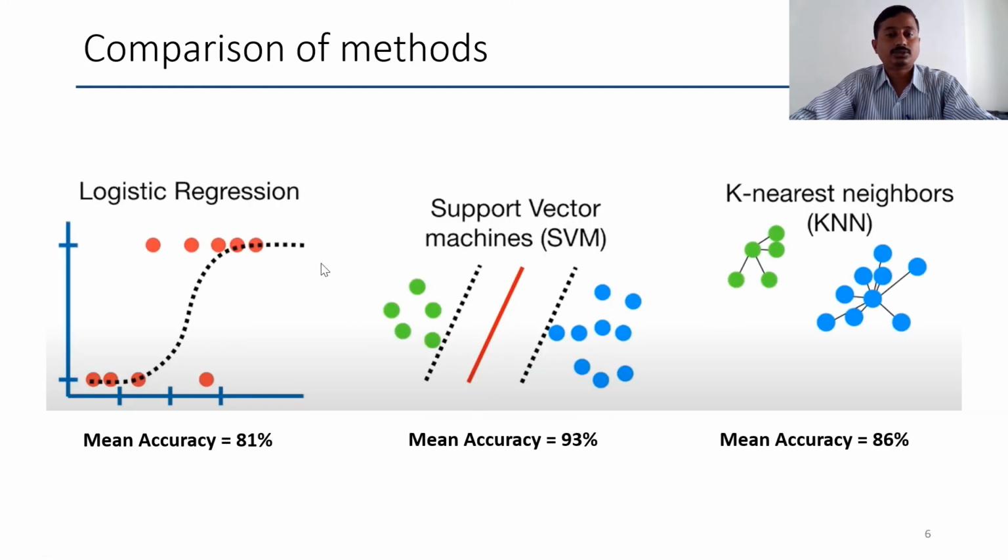Now, how to use cross validation to compare different methods? So we apply cross validation for all the methods, and we choose the method with the highest accuracy. One particular method may behave very well in one of the experiments and very average for the other experiments. We cannot choose that particular method based on the performance of only one experiment. That's why we choose the method with the overall best accuracy score.